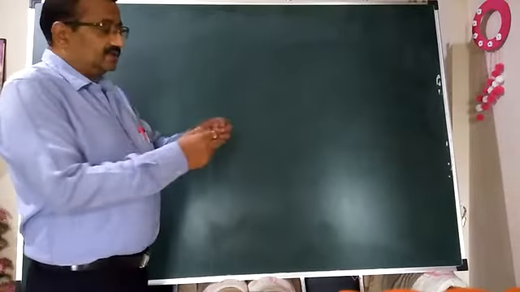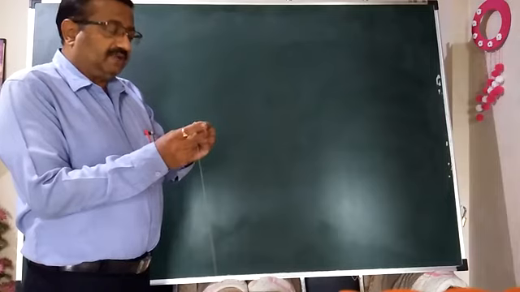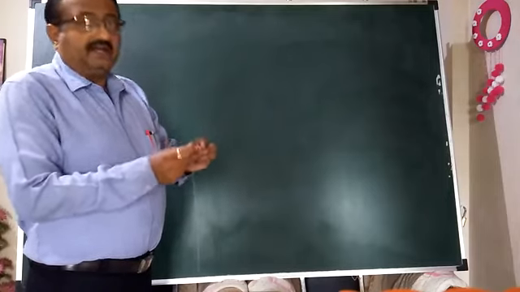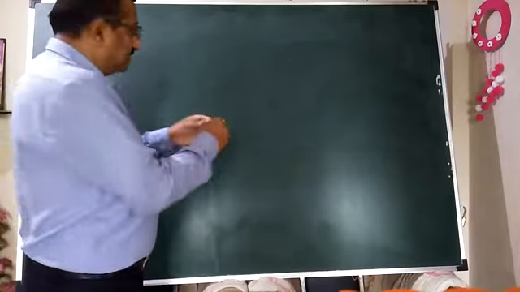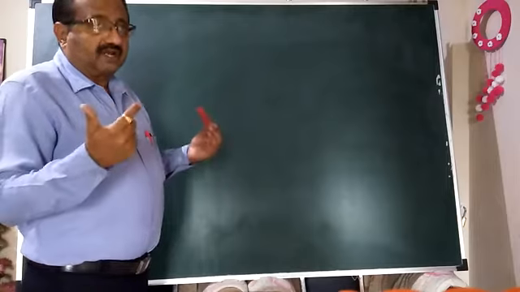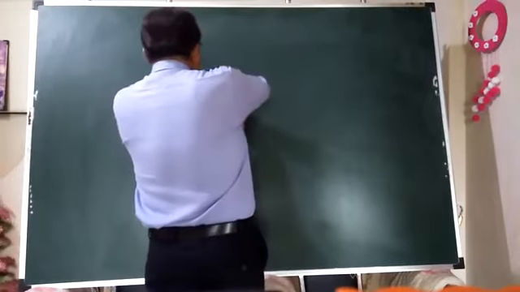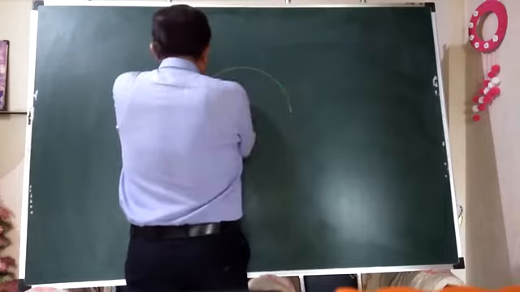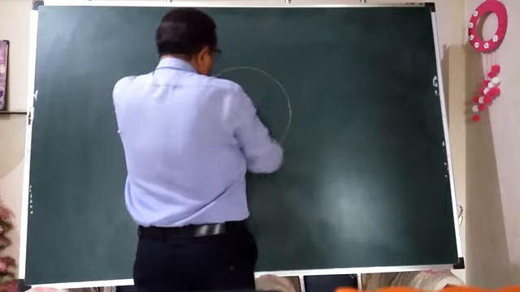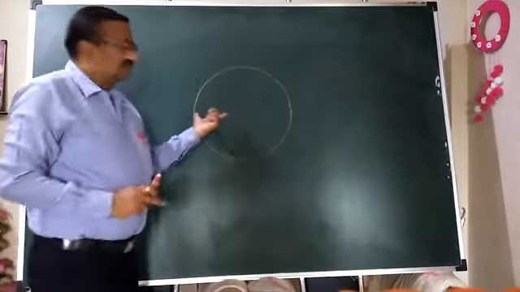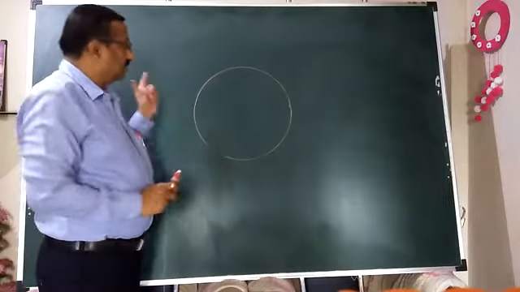We learned how to construct a square, but now it is asked to construct or inscribe a square in a circle of 60 mm diameter. Instead of giving the side of the square, what is given? The diameter of the circle within which we have to construct a square. So this is the 30 mm radius, that is, the 60 mm diameter circle, which I have drawn first.